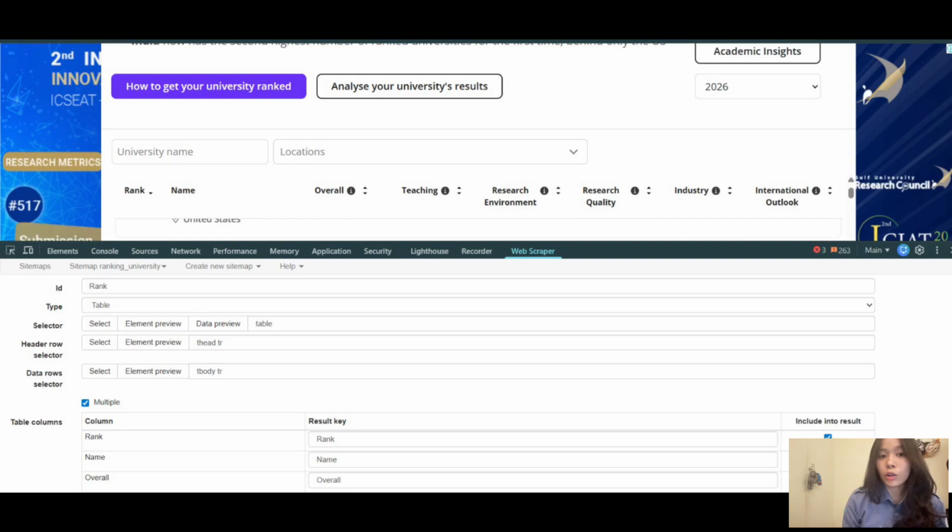The first practicum is web scraping using a browser extension, and the second is web scraping using the Python programming language.